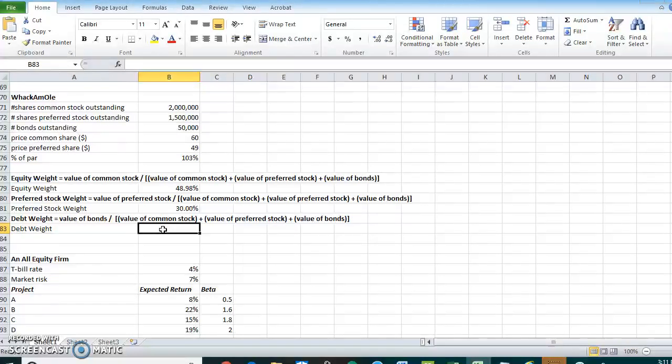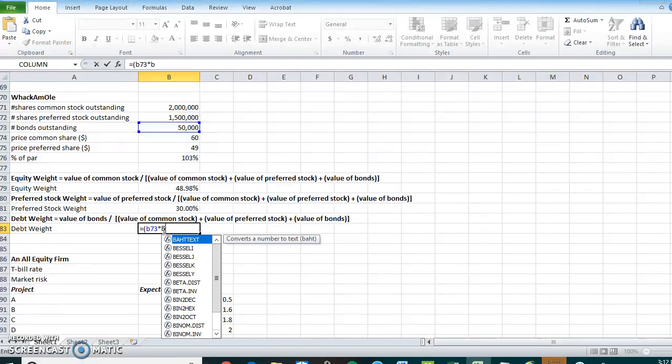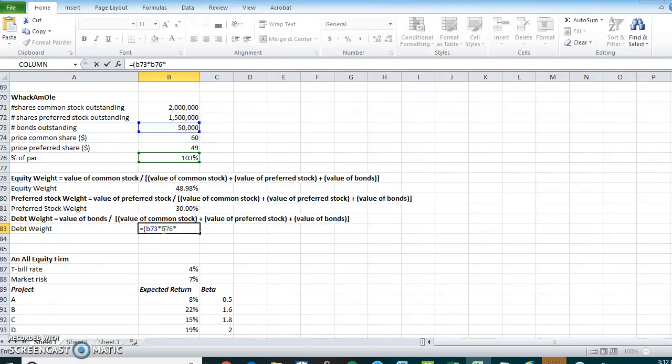So now our debt weight, we do the exact same thing, only our numerator is the value of the bonds. And once again, the value of the bonds is number of bonds outstanding, which is B73, times percent of par, which is B76, times 1,000, divided by double parentheses, and we have